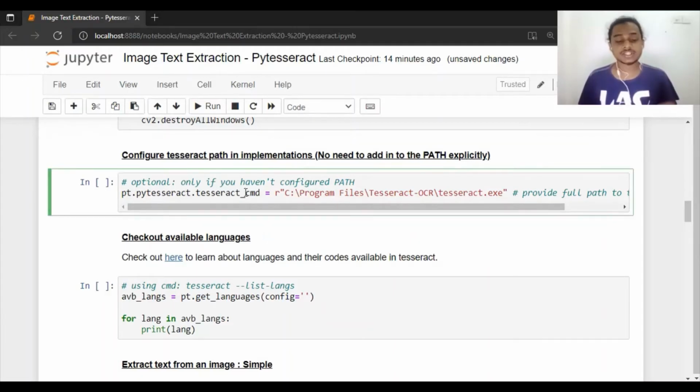So our next section is about configuring the Tesseract path in implementations. As I previously explained, we have to configure our Tesseract OCR before moving to implementations. If you haven't configured your path variable, then you will not be able to use Tesseract OCR in implementations. What you have to do is get the tesseract.exe executable file's path. Which means that if you have installed Tesseract,